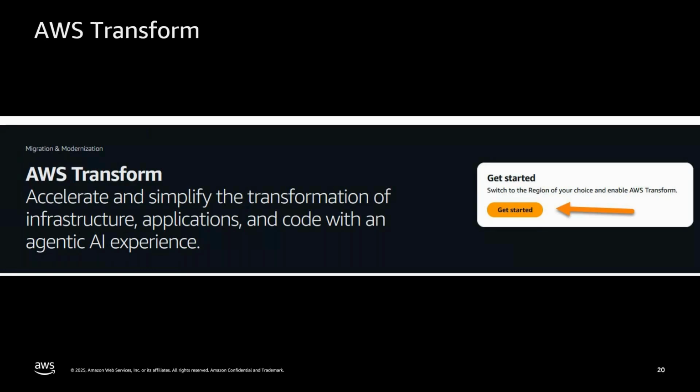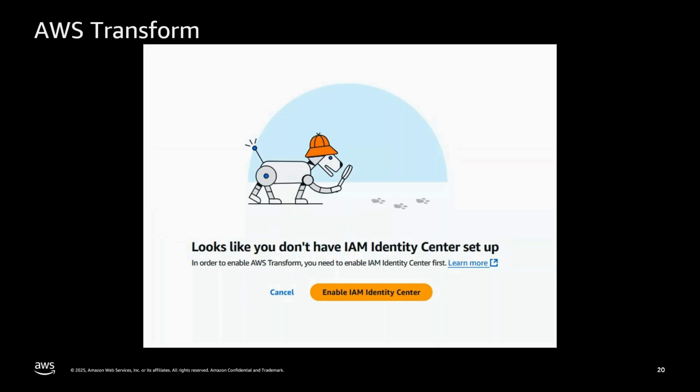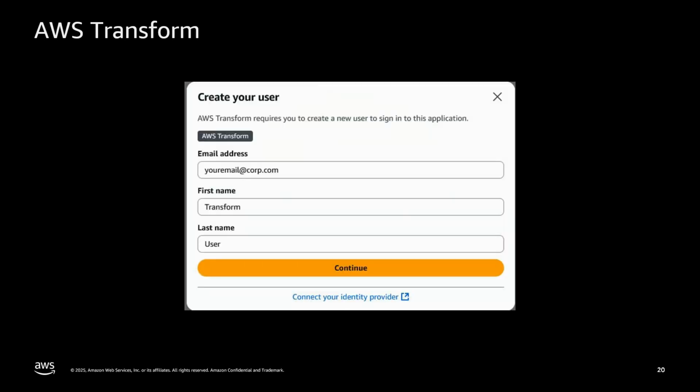Now, the very first time you try to run AWS Transform, you will have to make sure that it is enabled, so you will see a message like this. One of the dependencies for AWS Transform is that you should have Identity Center enabled for your account. If you are doing it in an isolated account where Identity Center is not enabled, you can enable it from within AWS Transform as well. So we want to make the developer experience a little smooth, which means you can either hook this account to an identity provider, or you can create a local identity center with its own local users. Pretty straightforward. All of this can be done from within AWS Transform.